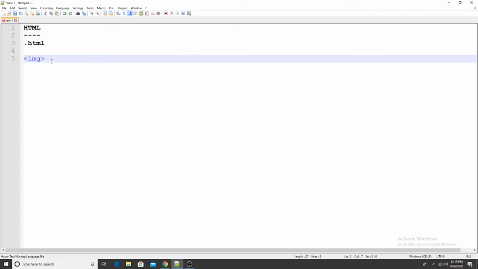If I want to create a paragraph, then I'll go with a paragraph tag. So for every element that is being displayed onto the screen, there is an associated tag with it. If you use that tag, the web browser will understand what element is being displayed over there.